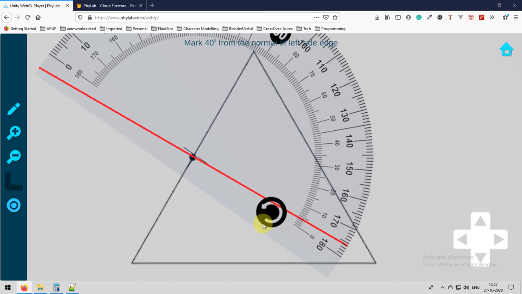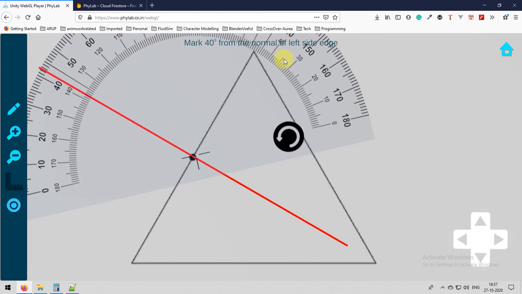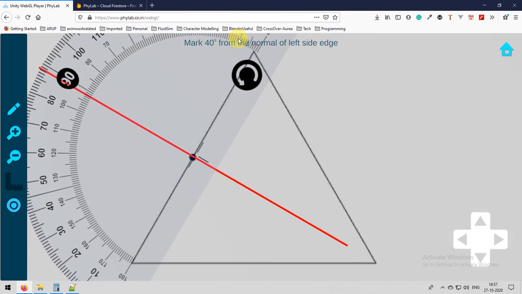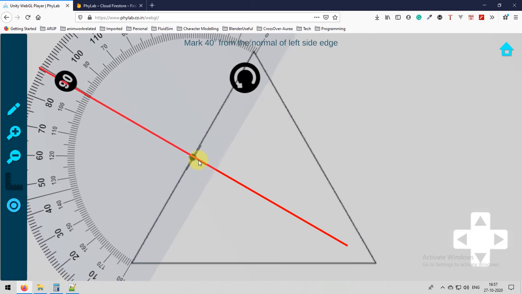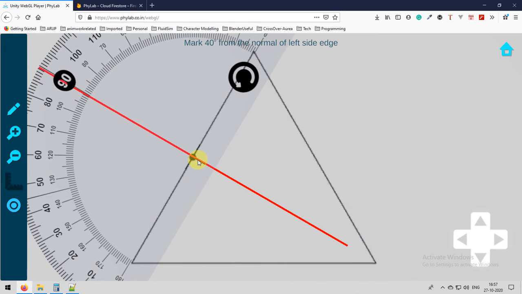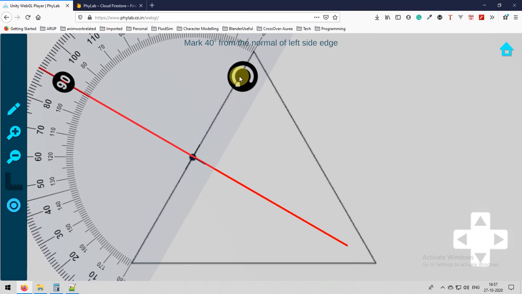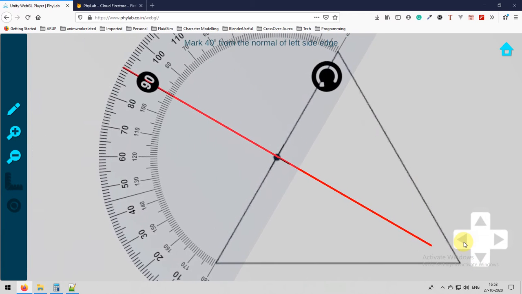Next, again use the protractor mode to place a marker at 40 degrees from the normal of the left side. Carefully arrange the protractor so that the normal red line is actually matching with 90 degrees.